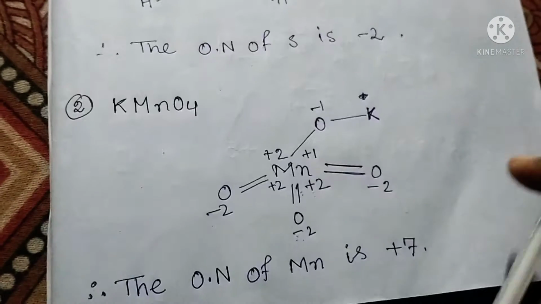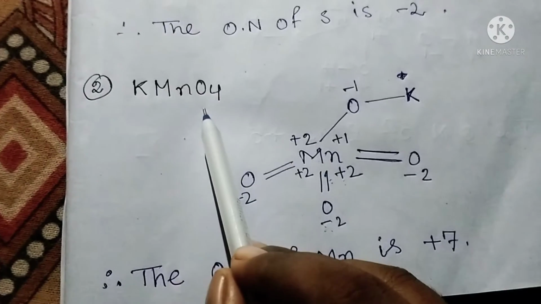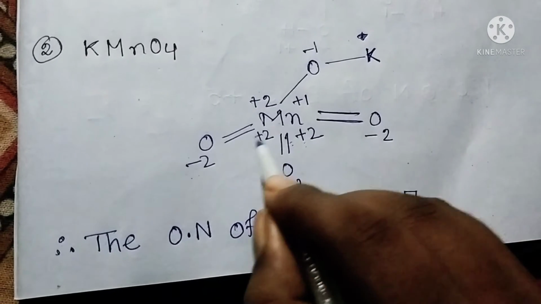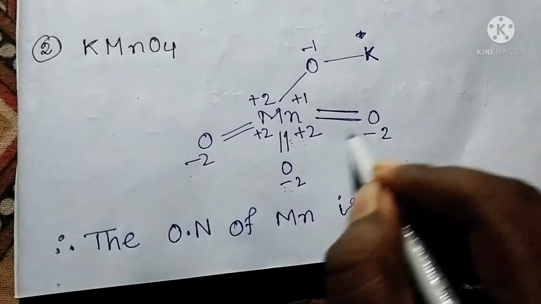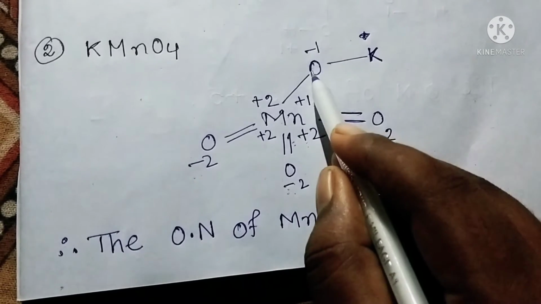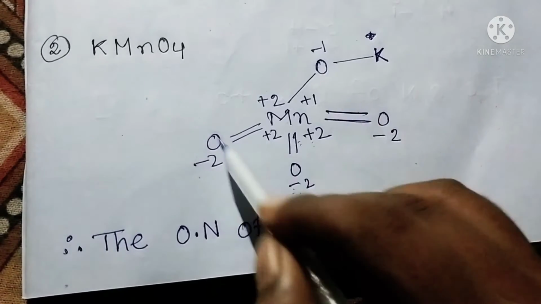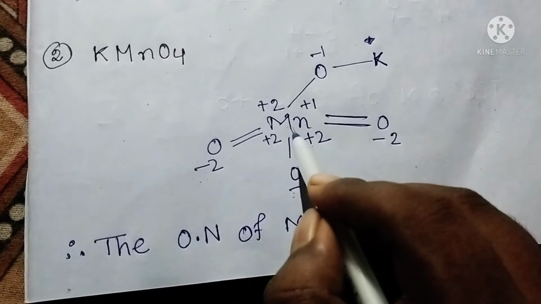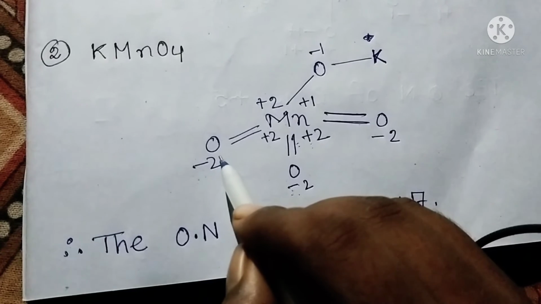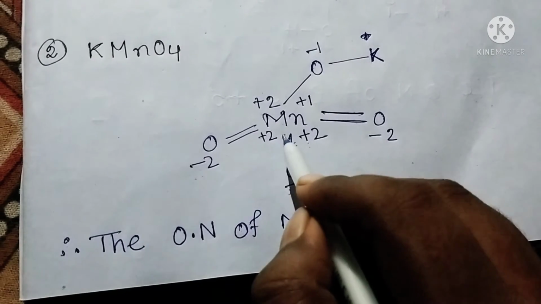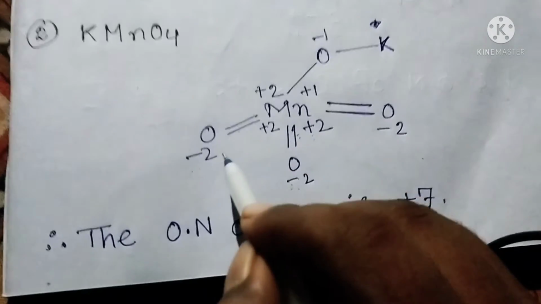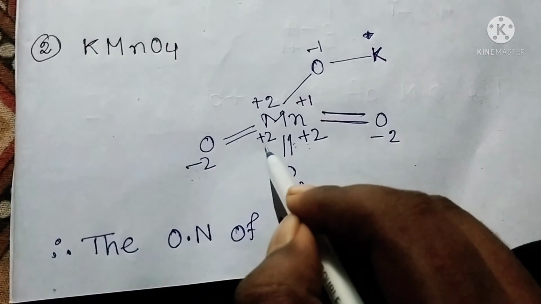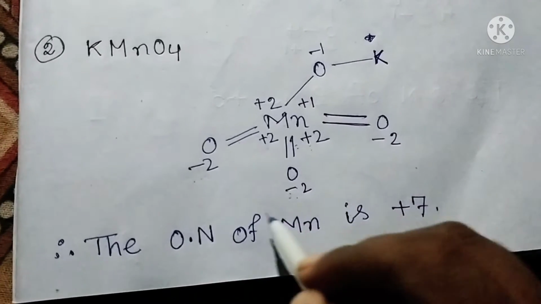Now next example is KMnO4. At first draw the structure of KMnO4. Mn double bond O, double bond O, double bond O, single bond O, single bond K. This is the structure of KMnO4. Now between these two, Mn and oxygen, oxygen is more electronegative than manganese. So for this double bond we get here -2 and so here we get +2 for this -2, and similarly